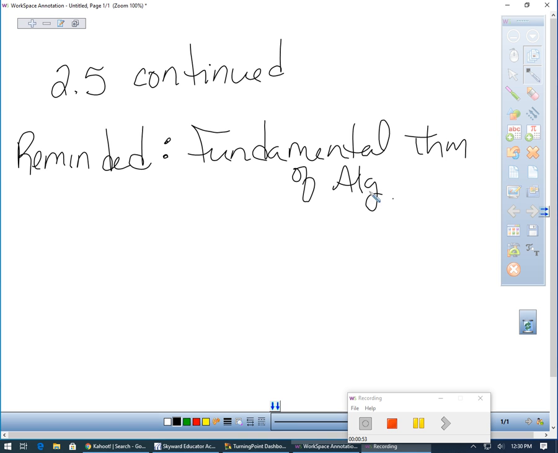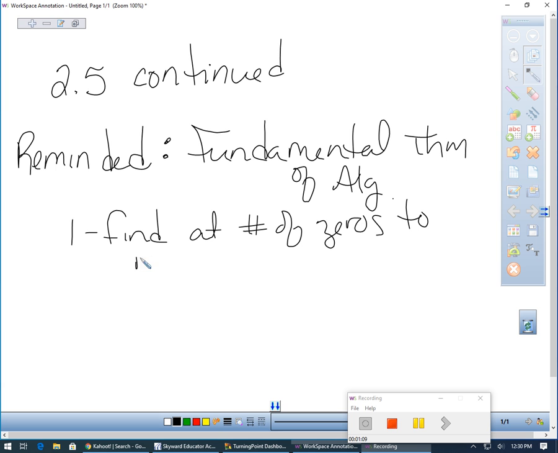In the fundamental theorem of algebra, we had to first find at least the number of zeros to reduce the polynomial to a quadratic. Right? So if our highest exponent was 5, we had to find 3 zeros to get it down to a quadratic. If our highest exponent was only 3, we had to find 1 zero to get it down to a quadratic,